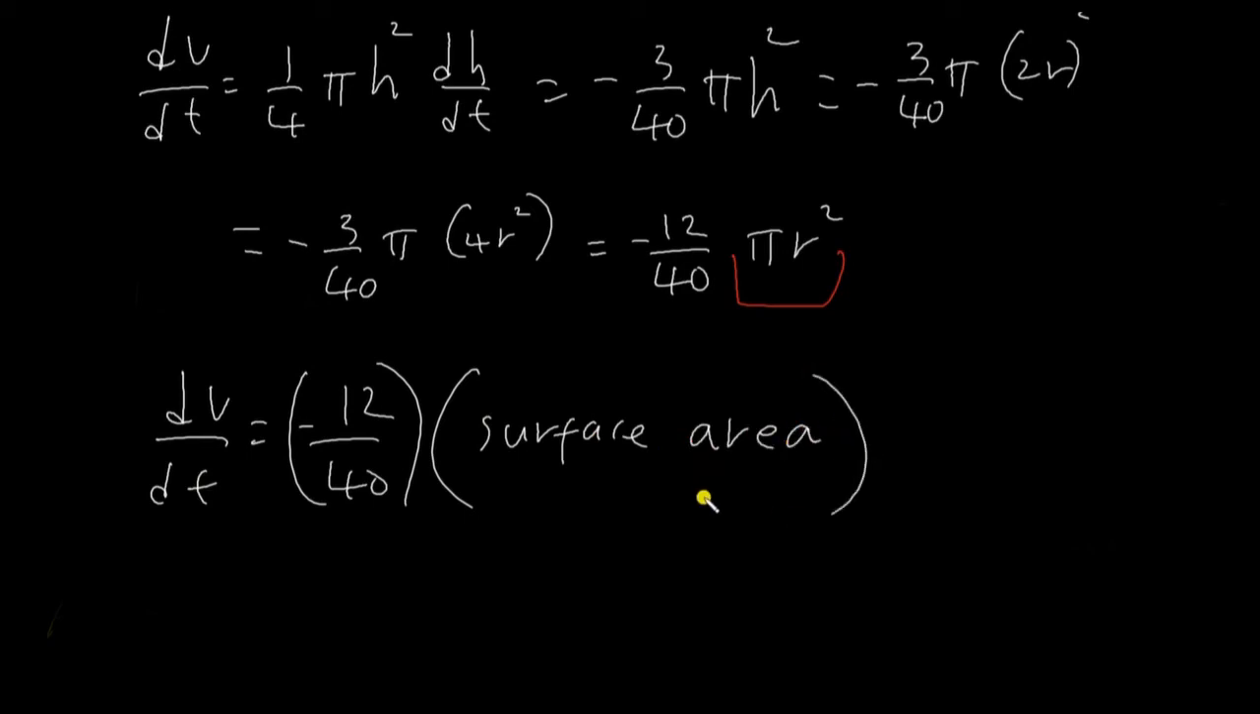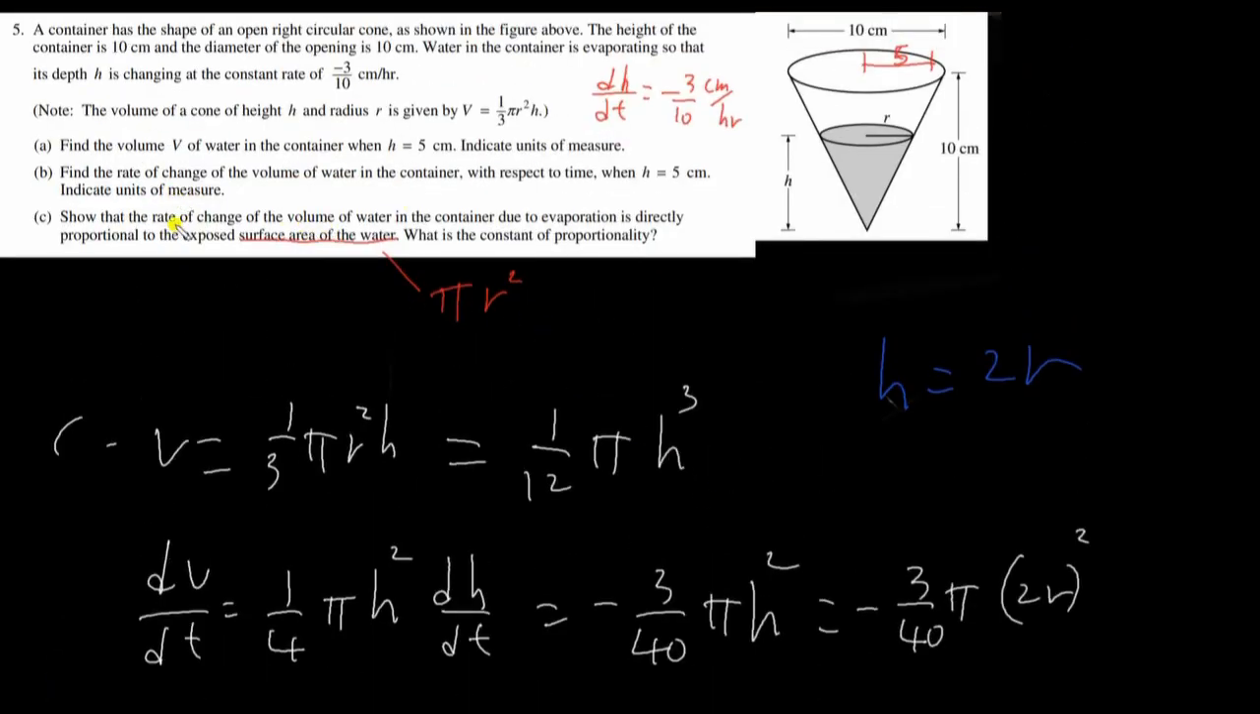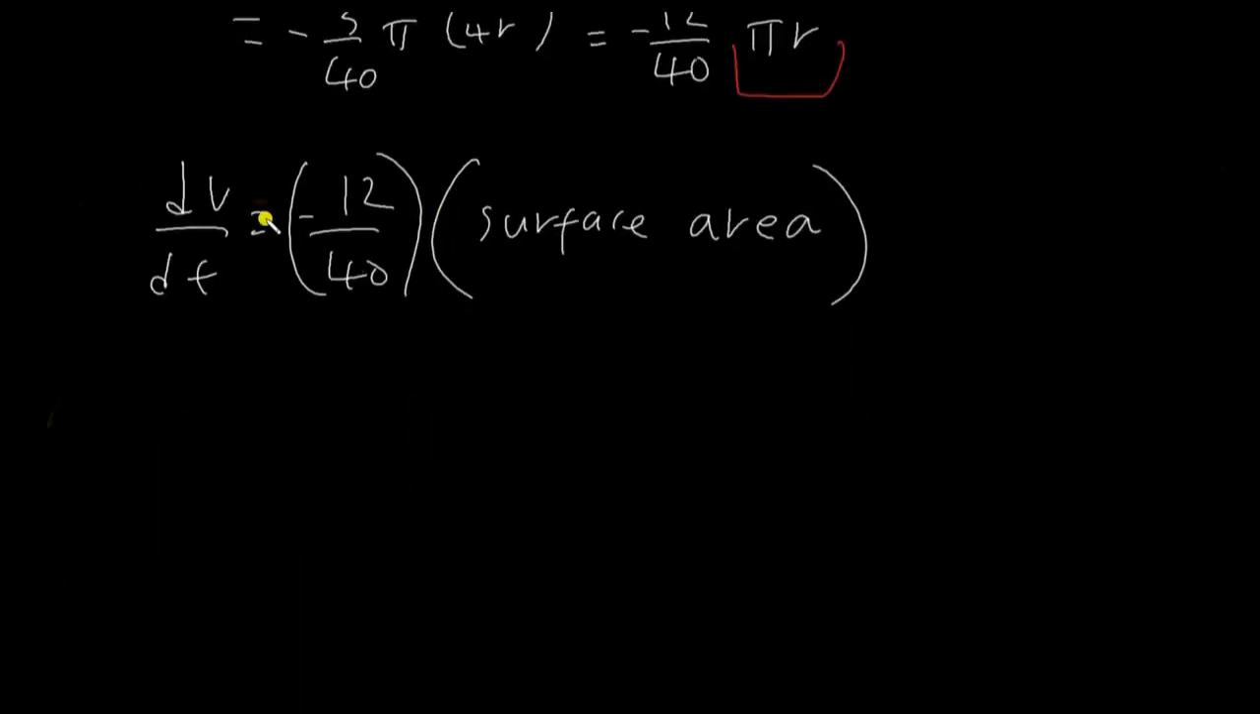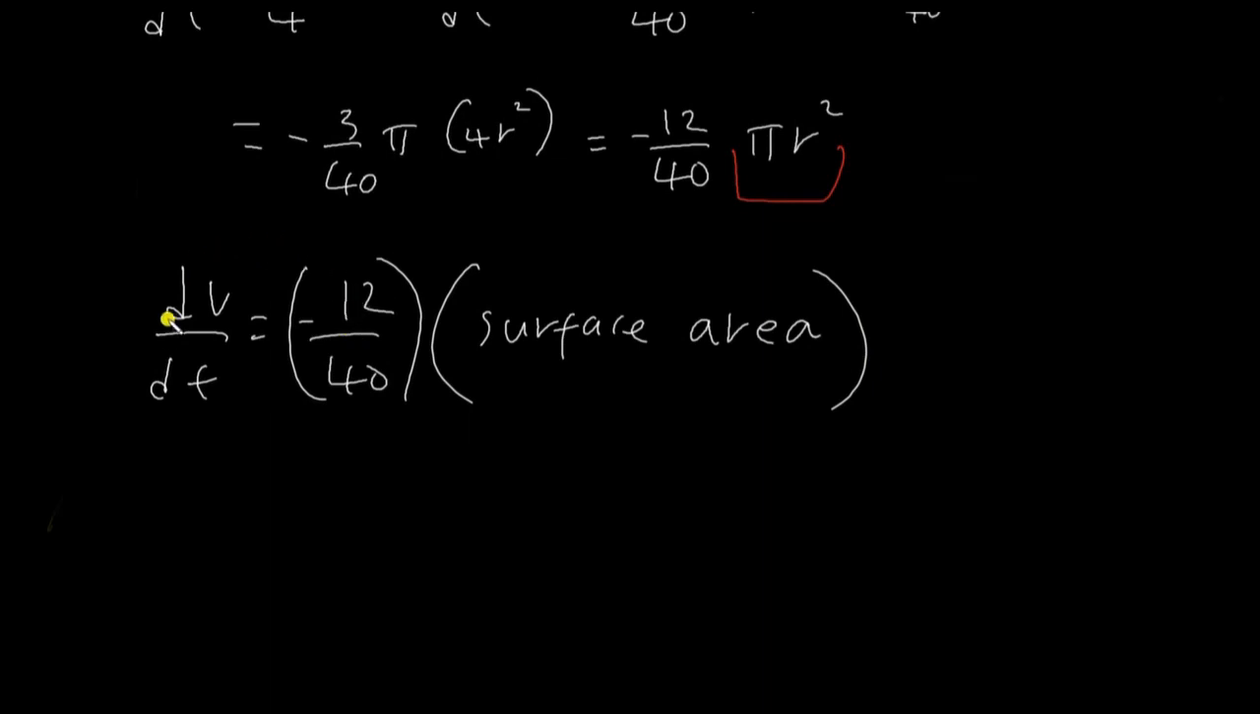Right? So what does that mean? Well, remember how I said that the rate of change of the volume is directly proportional to the surface area of the water? If you've seen direct proportionality, y is equal to kx, we have something that is equal to a proportionality constant times another variable. So they want the constant of proportionality. What's the number that relates these two quantities that are directly related? Well, that's this number here. That's -12/40. So the constant of proportionality is